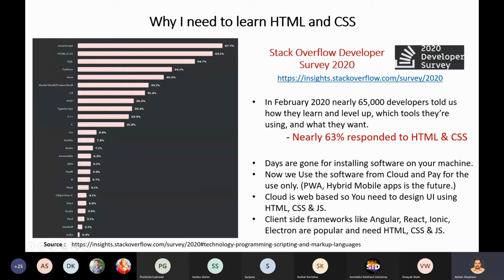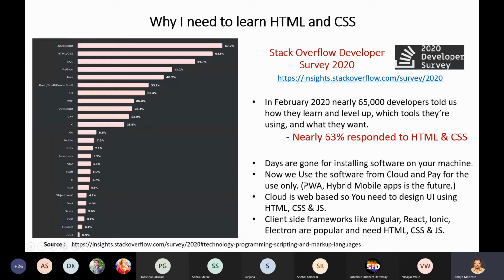So this is the importance of these 3 technologies. Normally you should search for these 2 terms on the internet, that is PWA, Progressive Web App. It is a new technology coming since the last 4 years, and it is now matured enough. Almost every major software player is going for this technology. It is in between the mobile application and web application. It has the advantages of both mobile application as well as web application.